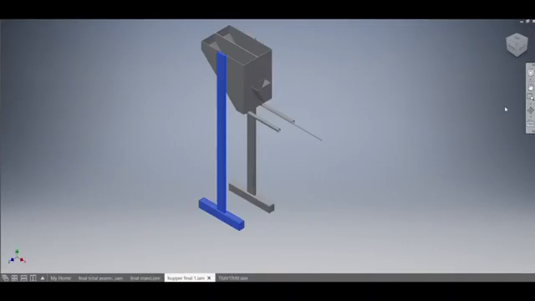Let us begin with subsystem 1, that is the hopper part of our 3D model, where we pour in our substances. Our hopper part consists of 3 triangular shaped boxes. These 2 are the big boxes and this is a smaller box, and each of these boxes is connected with a pipe, which helps in